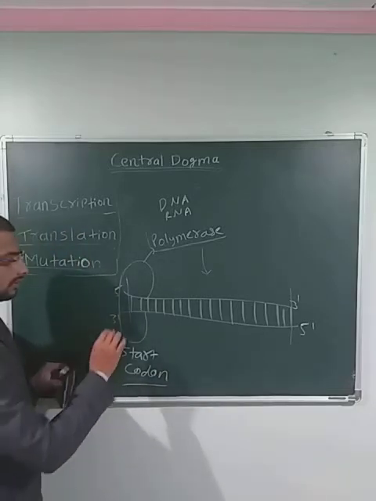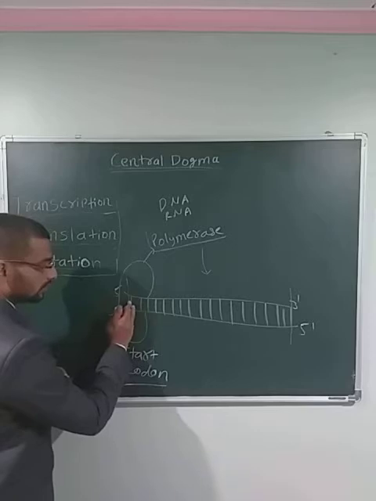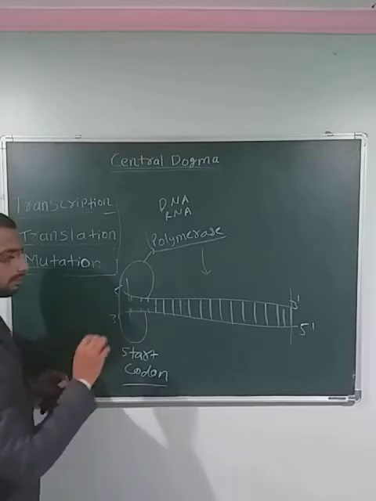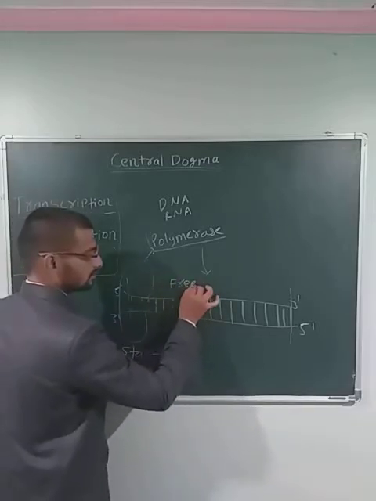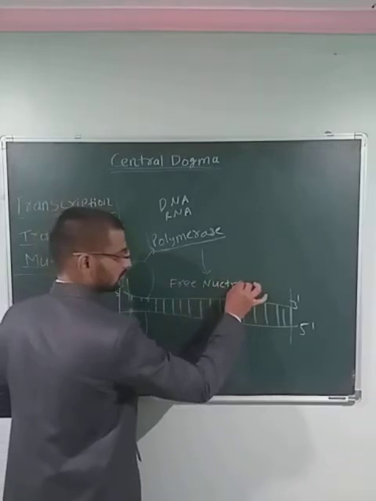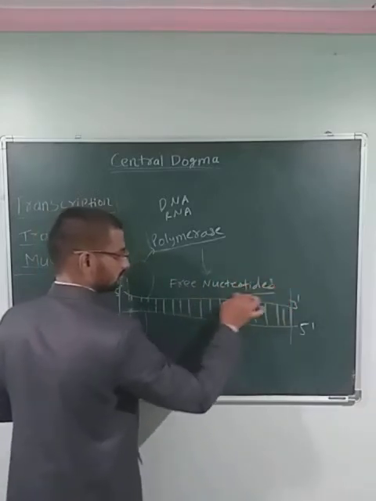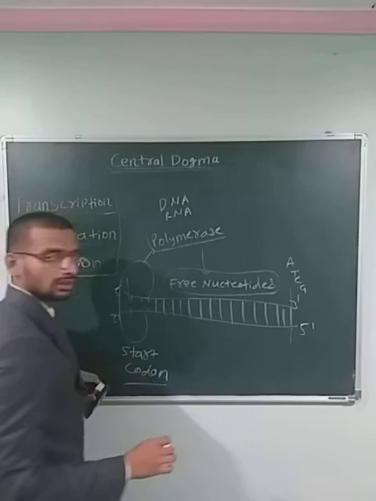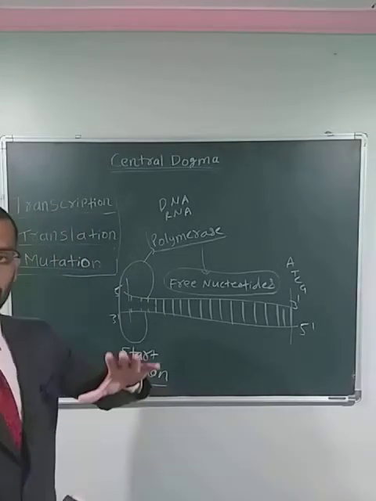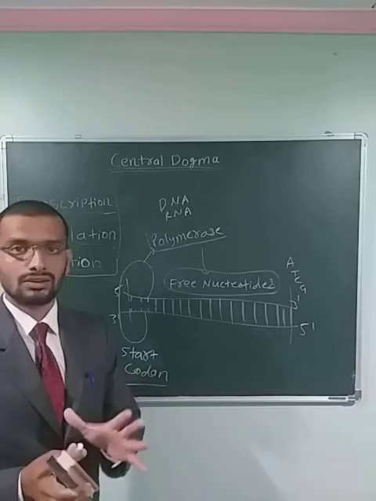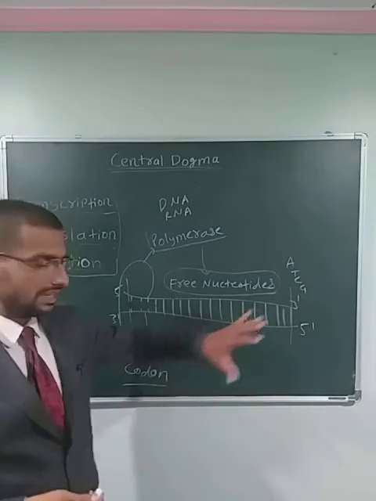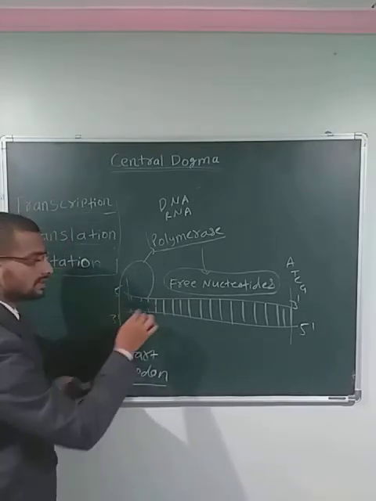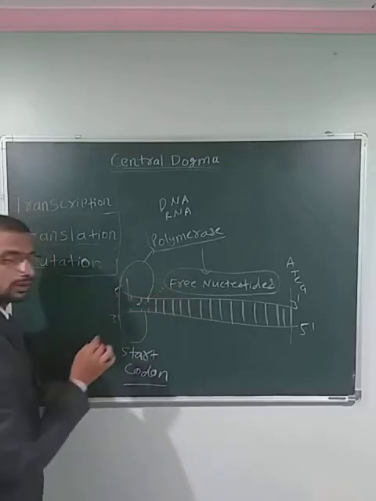So the polymerase will go and attach to a start codon. When it attaches to a DNA, the hydrogen bonding between the nucleotides gets broken down by the polymerase, plus the free nucleotides like adenine, thymine, cytosine and guanine are available in a nucleoplasm. Nucleoplasm is an area of a nucleus where the free nucleotides are present. So when the bond between the two nucleotides is broken down with the help of a polymerase, the free nucleotides start adding to a particular sequence.